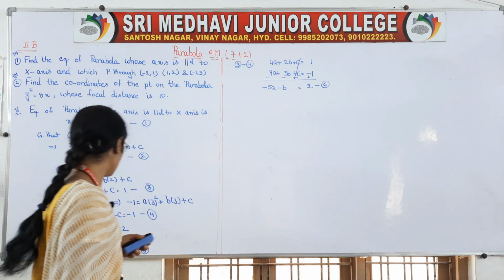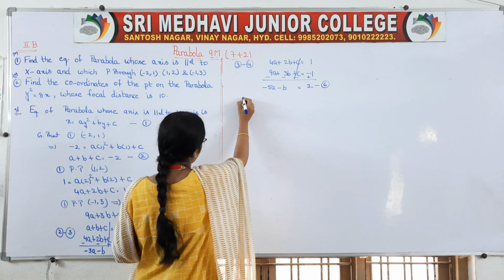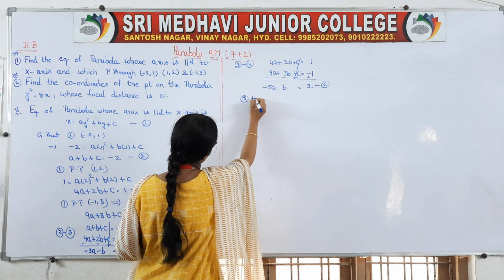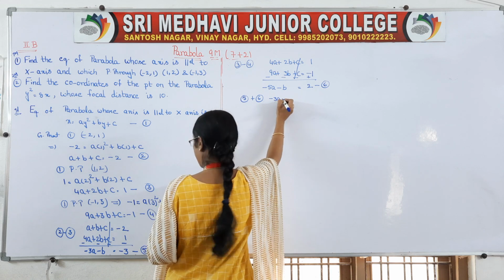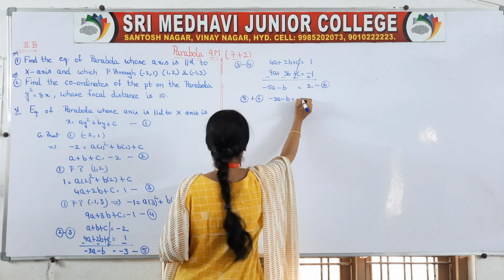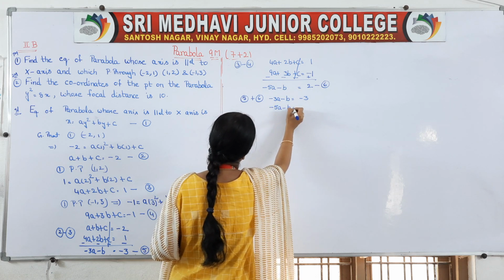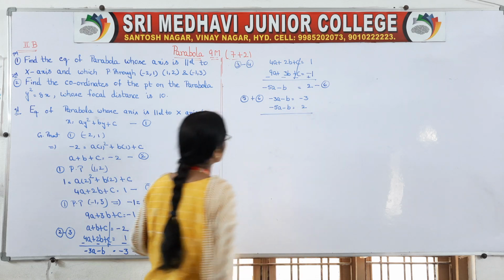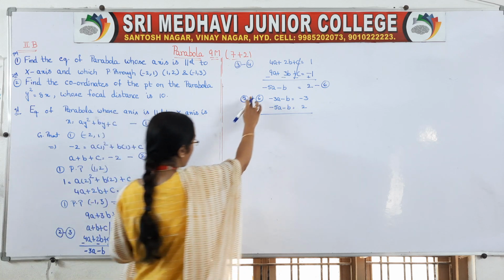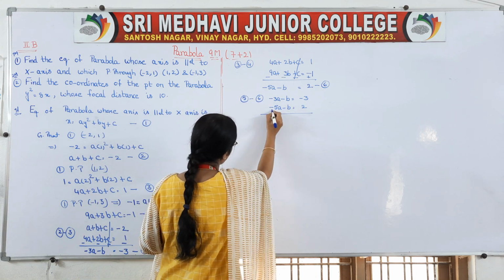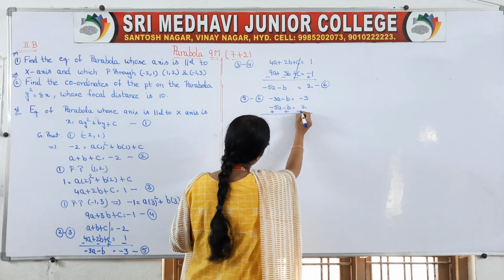Okay, so now you observe your fifth and sixth equation. By solving fifth and sixth equation, 5 minus 6, what happens? Minus 3a minus b is equal to minus 3, and minus 5a minus b is equal to 2. So we have taken both, if both are minus, we have to take a minus value here, right. So minus of minus plus, here minus of minus plus, here it will be minus.